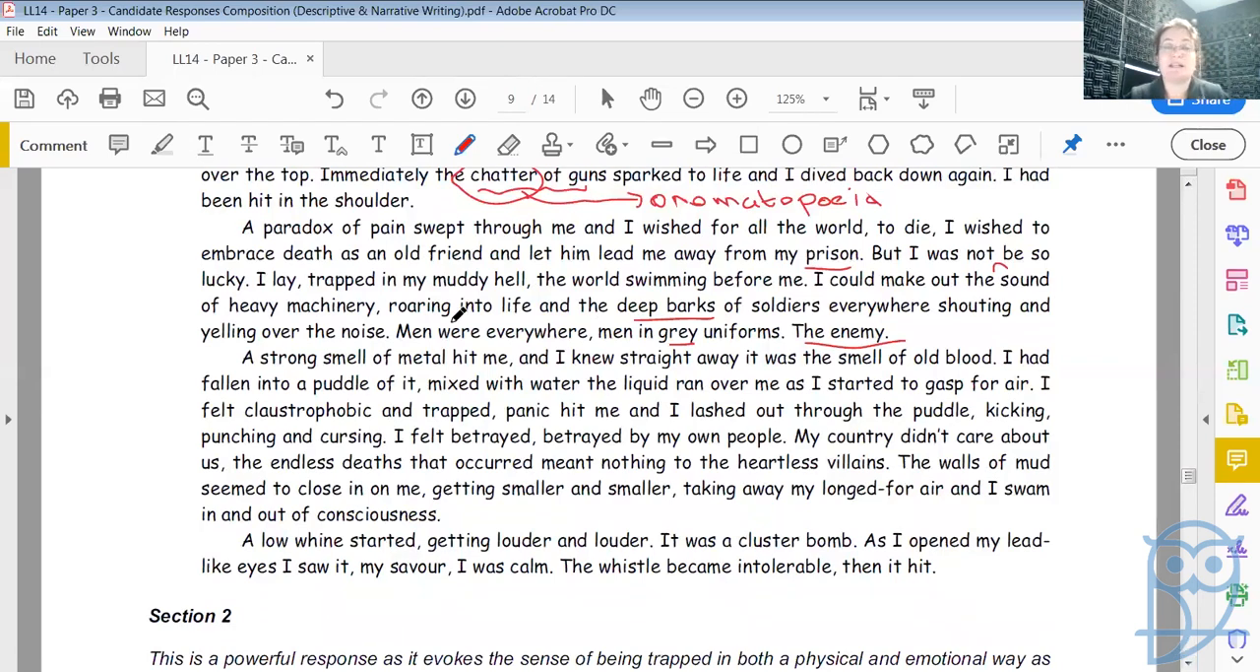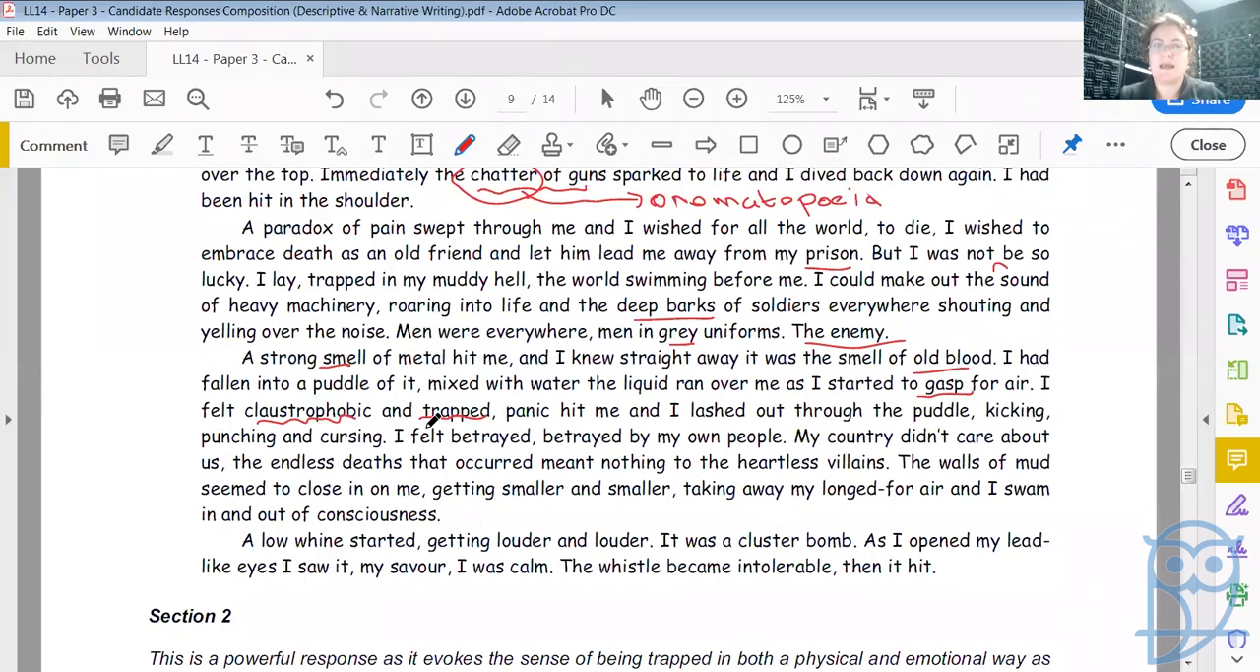"A strong smell." Once again, the senses being brought in. Okay, so the setting, the senses. "A strong smell of metal hit me, and I knew straight away it was the smell of old blood. I had fallen into a puddle of it, mixed with water. The liquid ran over me as I started to gasp for air," showing struggle. "I felt claustrophobic," beautiful word for being trapped. Claustrophobic and trapped. "Panic hit me, and I lashed out through the puddle, kicking, punching, and cursing." This list of three powerful verbs, or strong verbs, showing his desperation